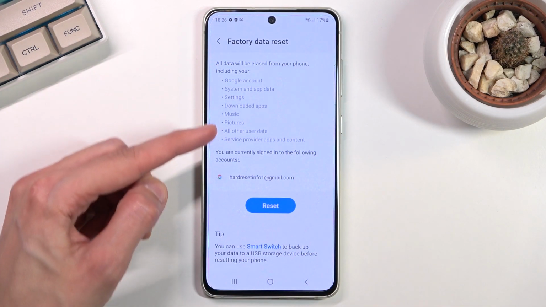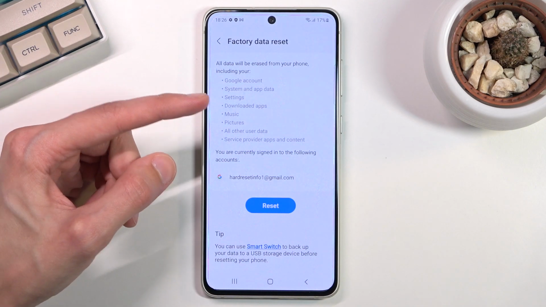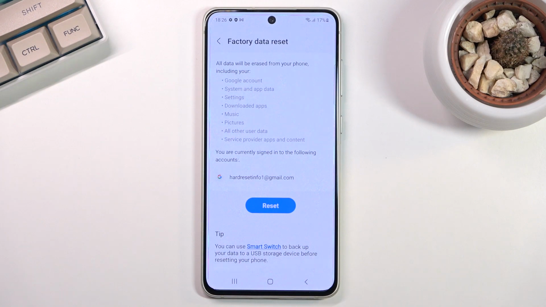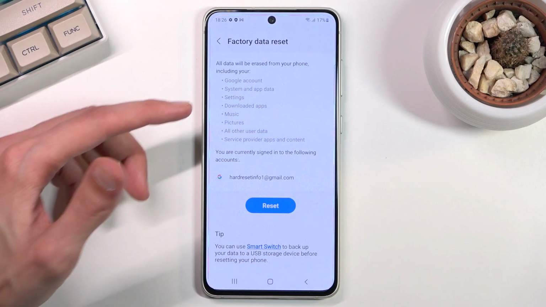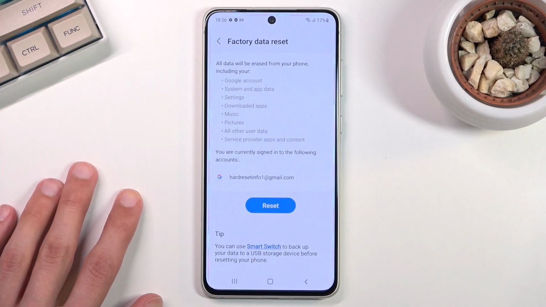This will bring up a window telling you what this will remove. So as you can see, we have things like Google accounts, system and app data, settings, downloaded apps, and actually important stuff like music, photos, and actual user data. Just to clarify this, things like Google account, system, and app data, there